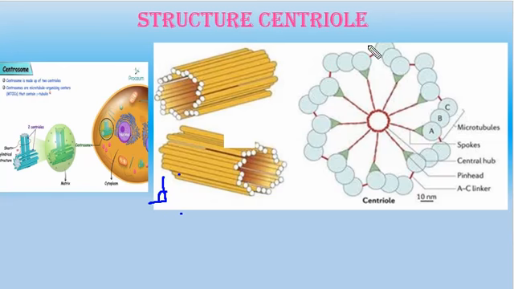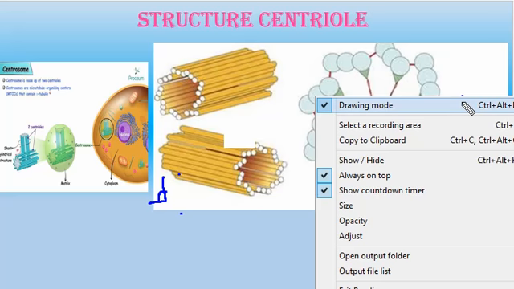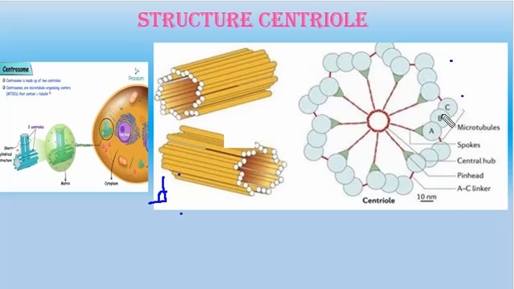You look at this, in cross section the centriole appears like this, that is cartwheel, and it is made up of 9 evenly spaced fibrils of tubulin. Look at this. This is the first one. This is one tubulin, second one, third one, fourth, fifth, sixth, seventh, eighth and ninth. So each tubulin is made up of three types of microtubules, that is microtubule A, B and C. And these three types of microtubules are interconnected, held together.